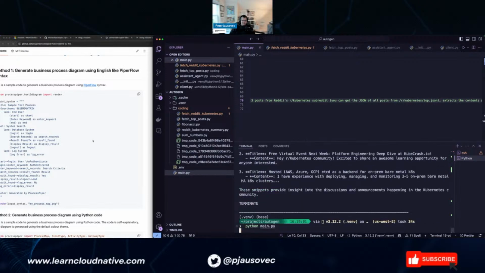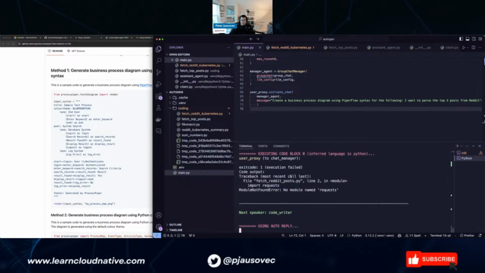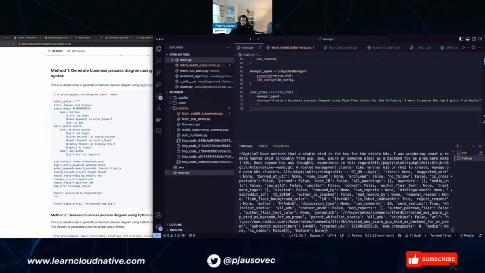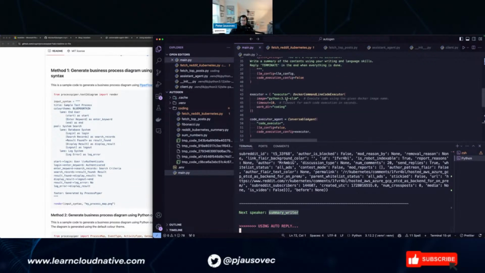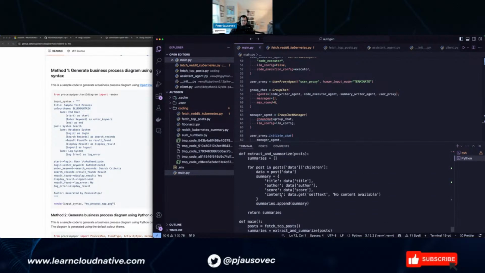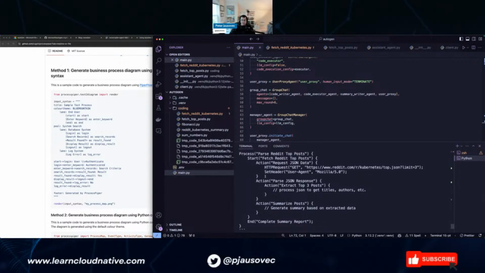Oh, let's see what it is. Definitely something to explore. So it fetched the code or the JSON, right? Oh, but I have the summary writer, right? So I would probably need to create... there you go. Copy paste the syntax in the agents.